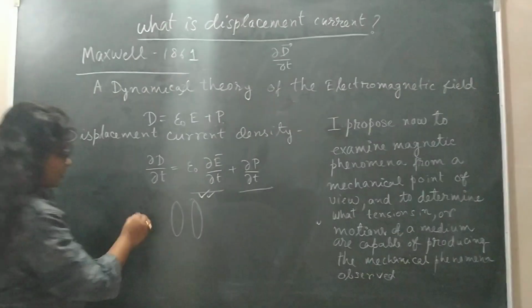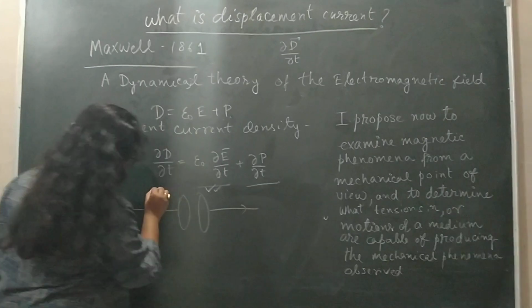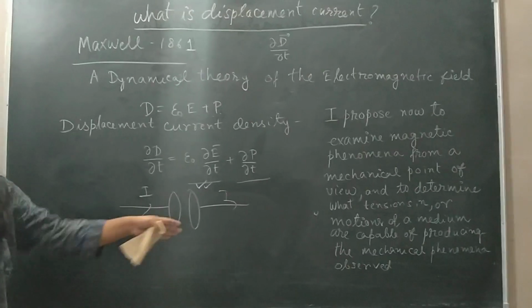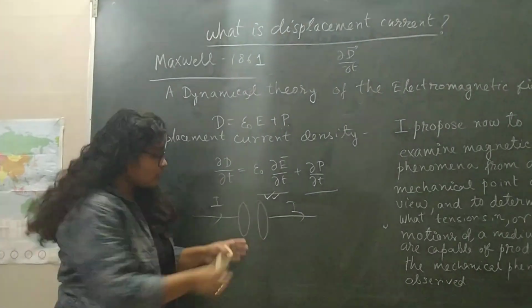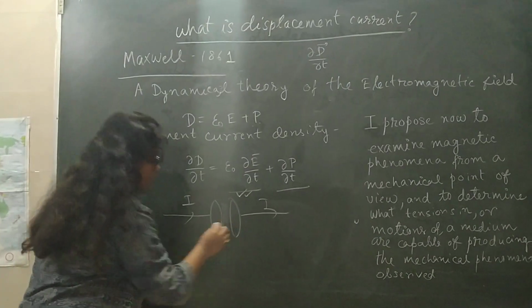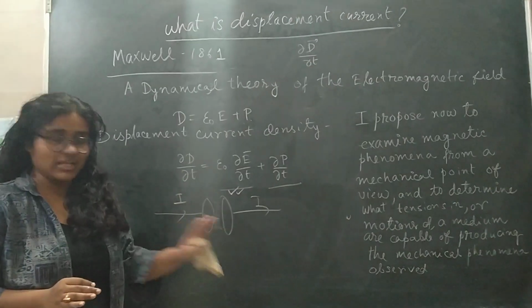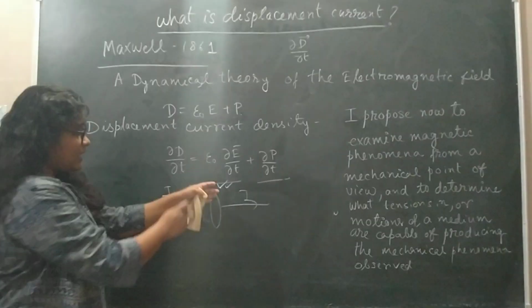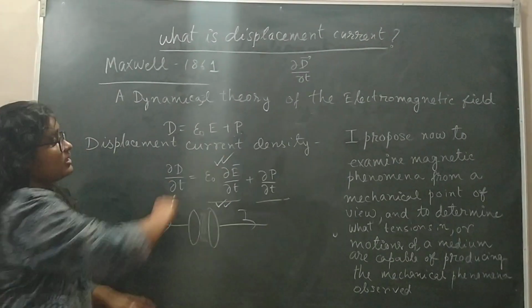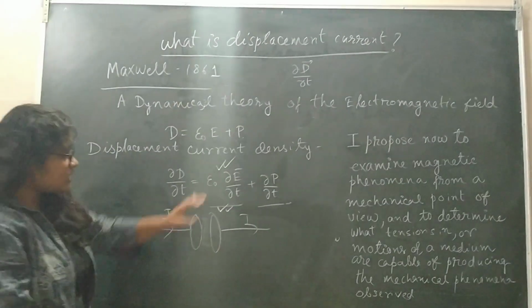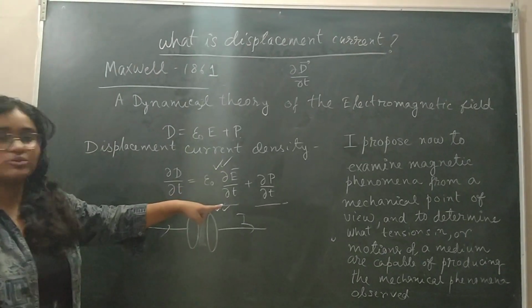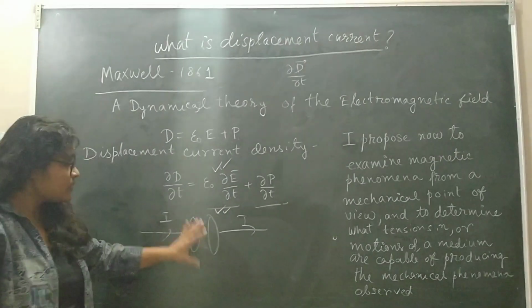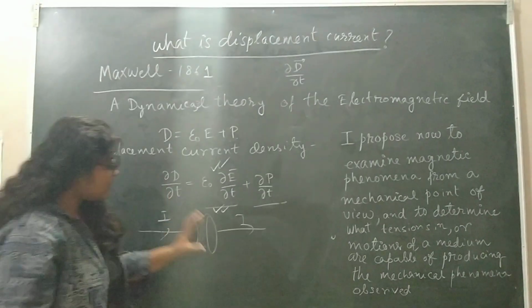Take the example of the capacitor. Last time I told you that if you connect the capacitor wire, current goes into this plate and this plate, but there is no junction between the two plates. So what is happening here? The capacitor may be filled with some dielectric medium, or just vacuum, nothing more than that. In the dielectric case you have to consider both terms, but in the case of vacuum, this term alone gives you the displacement current. So del E del T, the variation of the electric field with respect to time, will always be present, whether in a medium or in vacuum. That is the main physics here.